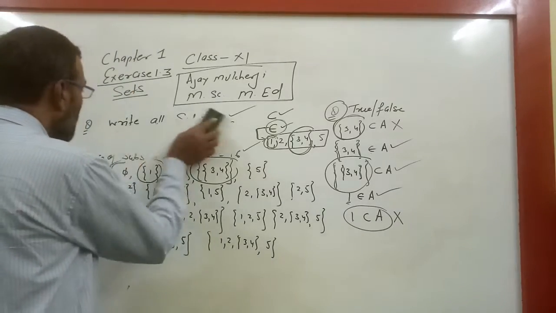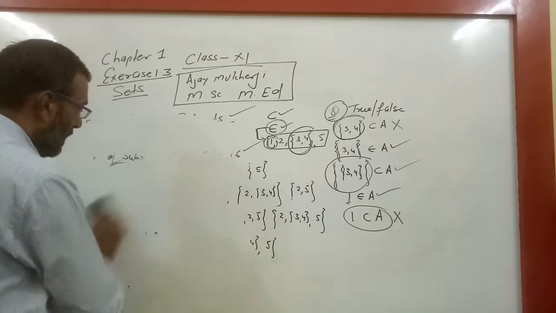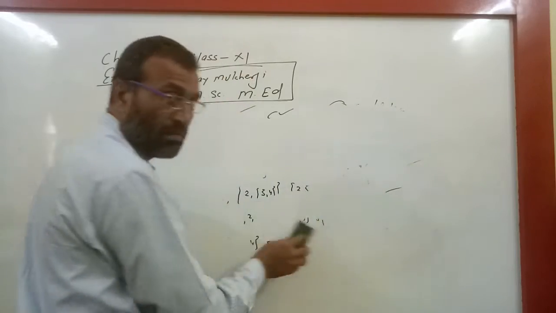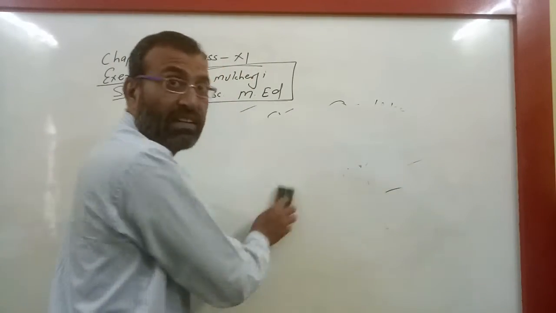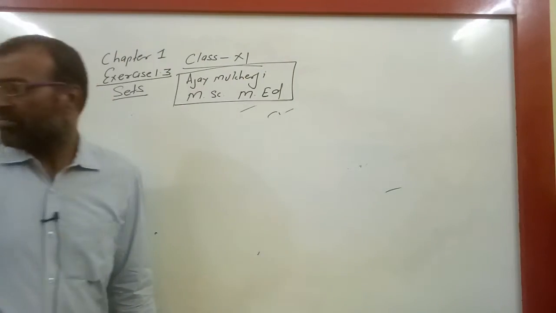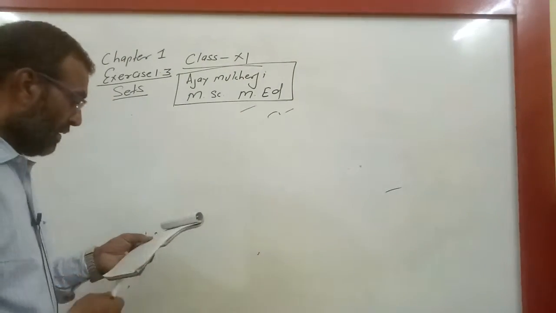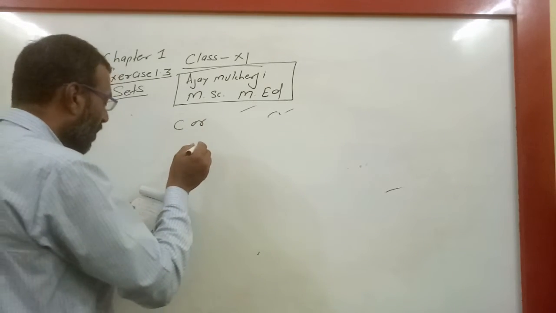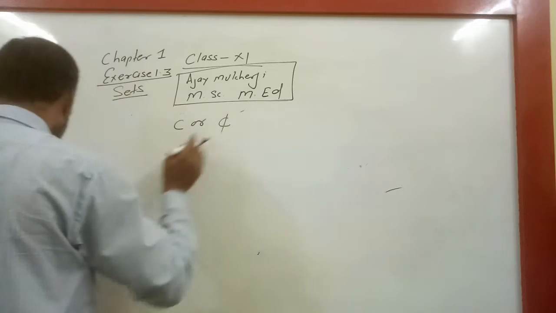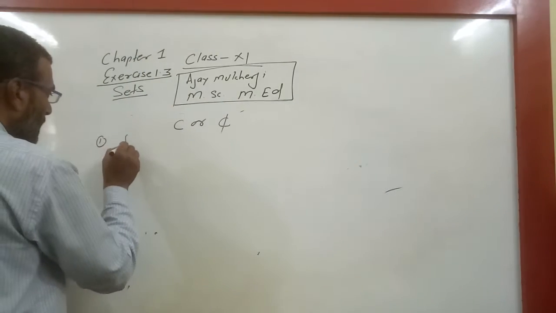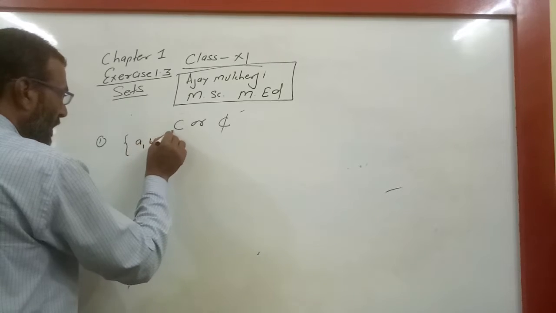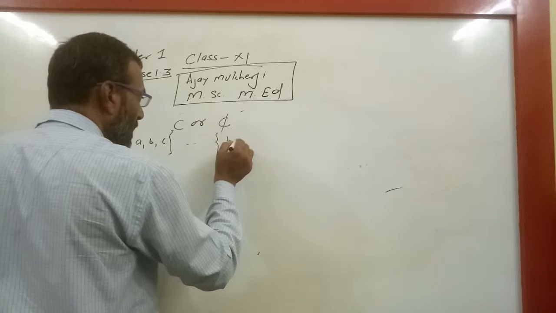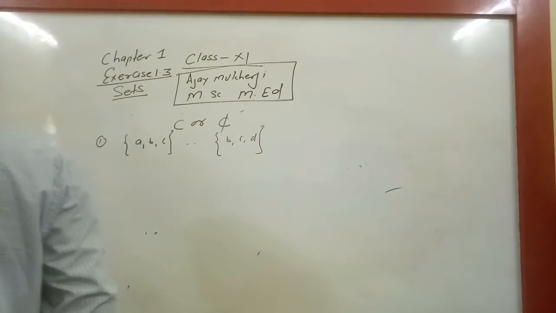The next situation is also there. So in the next question, I write down the question here. The exercise question is whether it is contained in or not contained in. First, let A equal {A, B, C} inside the bracket, and then here B equal {B, C, D}. Here I am taking {B, C, D}.